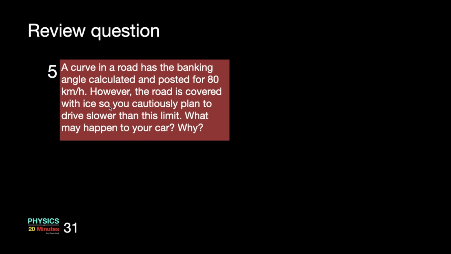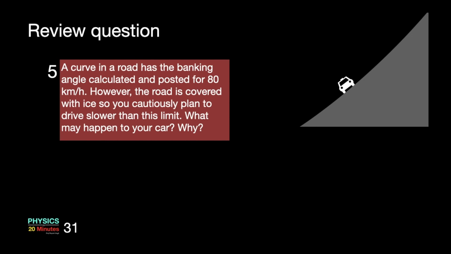Okay, let me present the vector diagram once again. It's a similar vector diagram. So weight W working downward, normal reaction working outward, perpendicular to the road surface. Now I am drawing this vector diagram in the frame of reference of the car. Do listen to me carefully. Car is moving on a circular track, so it's a non-inertial frame of reference. So it will experience an outward centrifugal force mv square upon r. So these are the three forces working in the frame of reference of car.